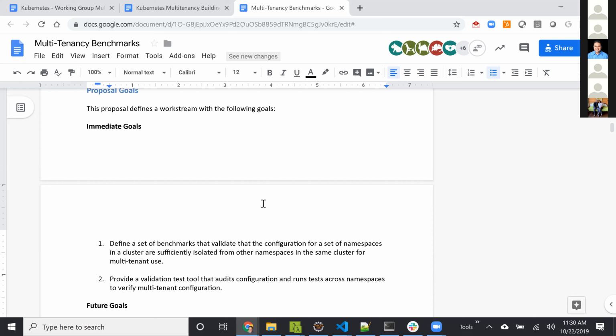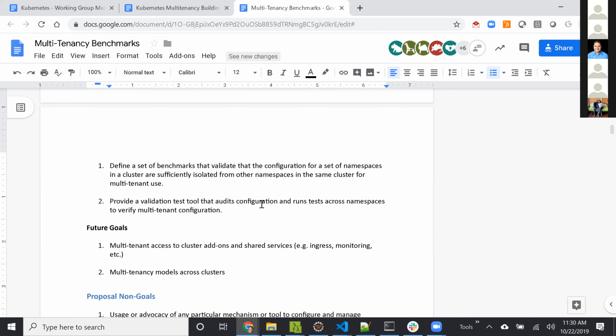So I'll quickly go through the main intent, and then Damien's going to cover more about the categorization of the benchmarks that we have thought about. Then Shooting is going to show a quick demo and an example of an actual test case. We just wanted to do a really quick MVP to see if this is a viable thread all the way through. That's what we want to get feedback on, and then as we dive into this, we'll decide how to organize, how to collaborate, and how to formalize the effort.